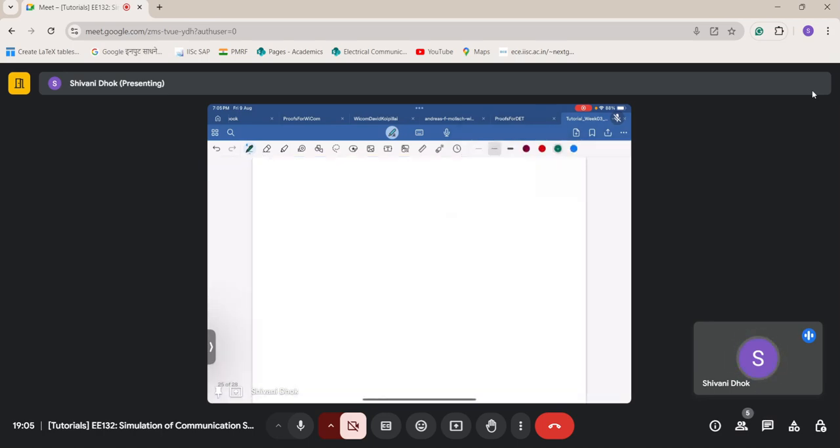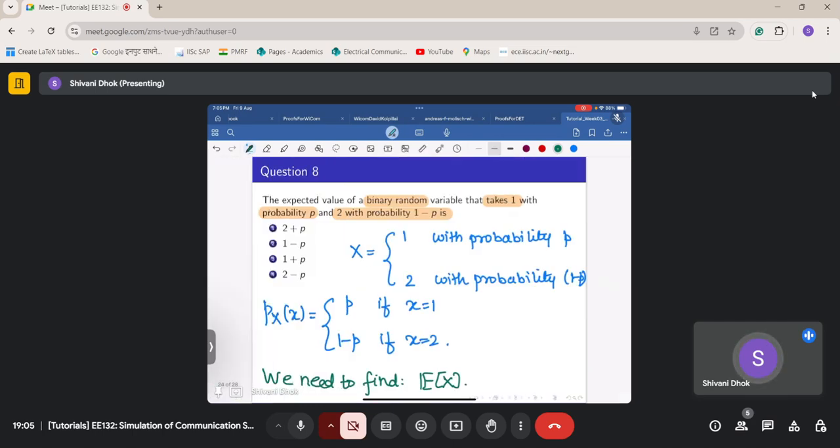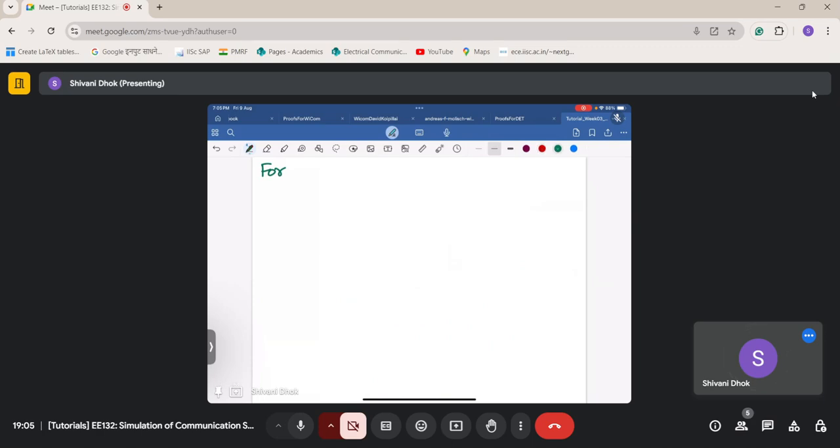Okay, so for a discrete random variable, look at this. This takes only two values. It takes countable values, which means that this x is a discrete random variable. And therefore, for a discrete random variable, what we have is